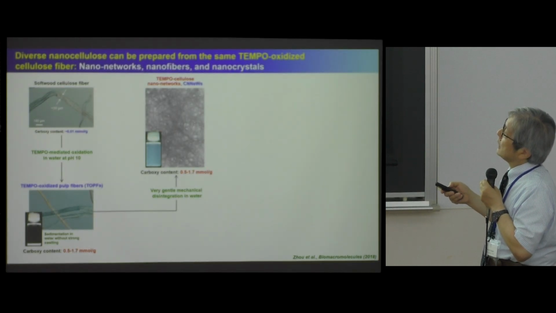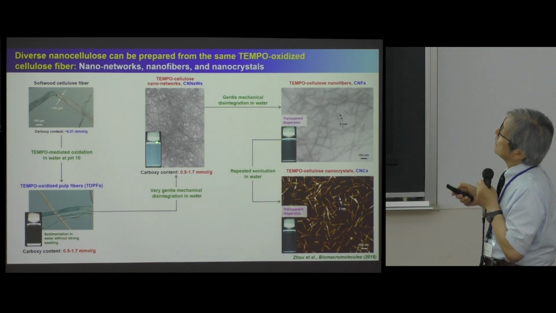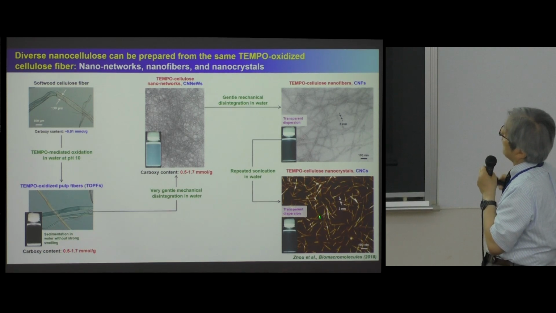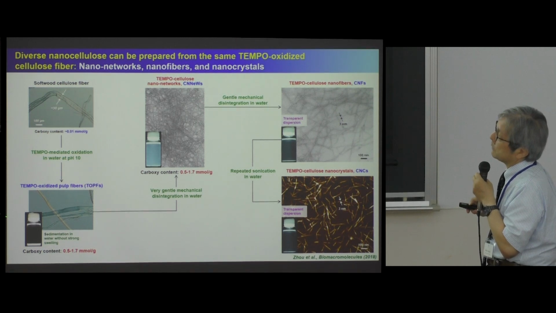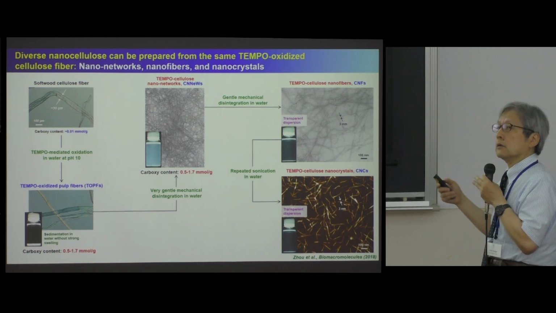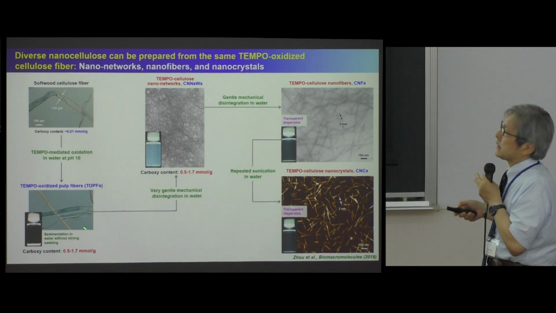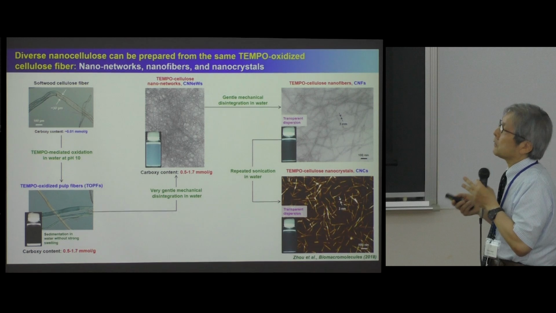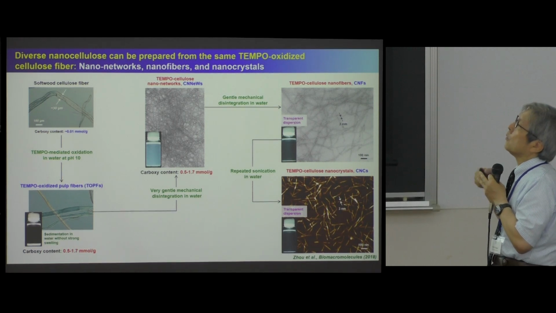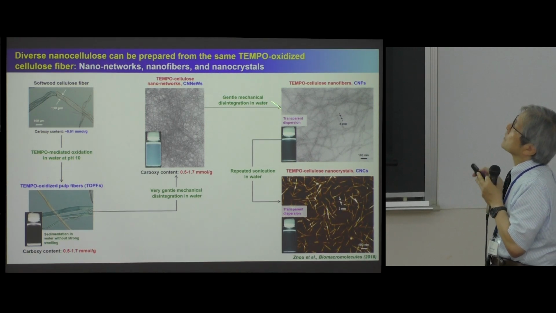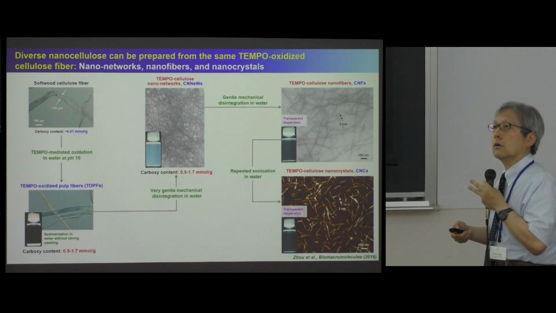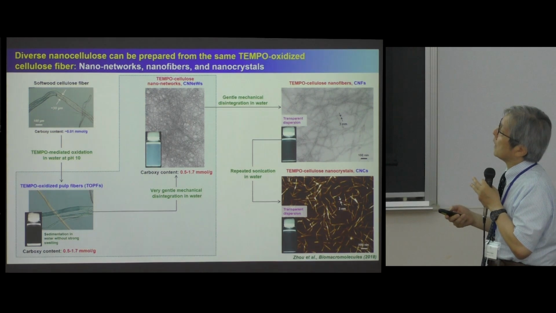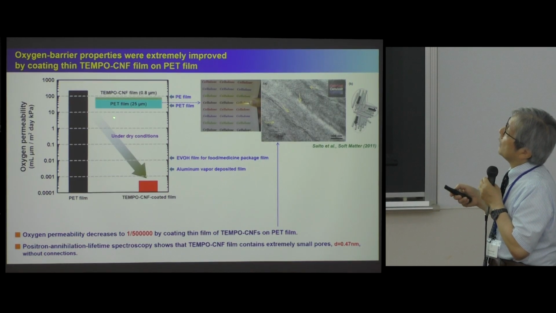And also the key point is that not only the nanomaterial, nanofibers, nanocrystals, but also these nanonetworks and even fibers, they are not cellulose fibers. They are new materials abundantly containing cellulose carboxyl groups. So we believe that these materials can also be used for new material science or industrial applications, especially when you coat